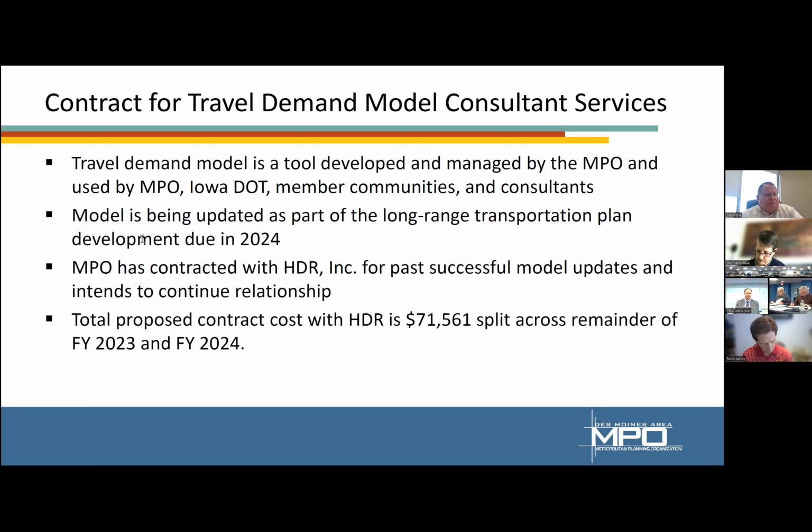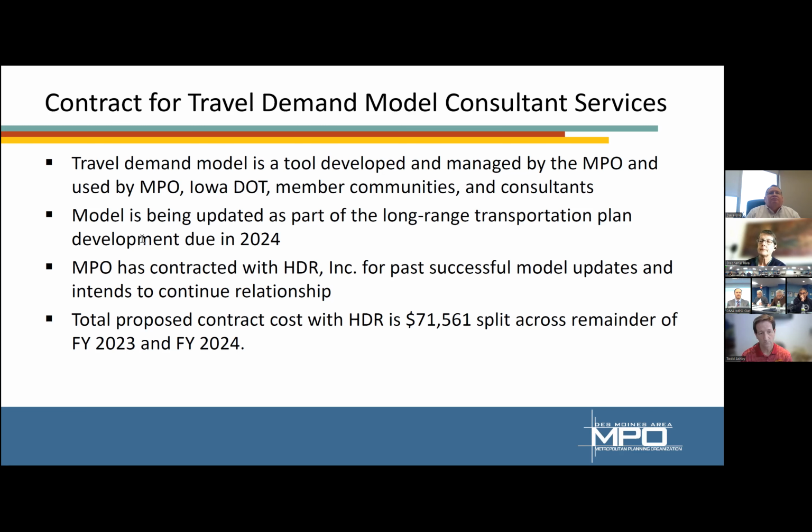That's why we use some outside consulting assistance with that. We also work with the Iowa DOT. I would note that the consultant at HDR is a former DOT employee, so they're very familiar with not only what we need to do, but also what the DOT requires and that whole process. Go ahead, I'll let you finish. So that's really what we have for you today.